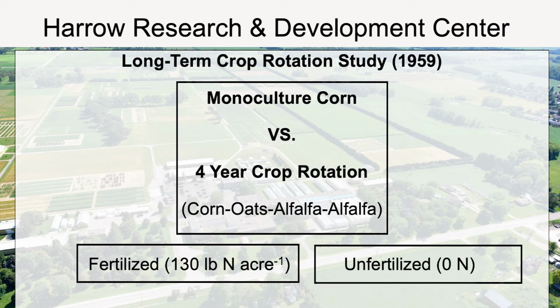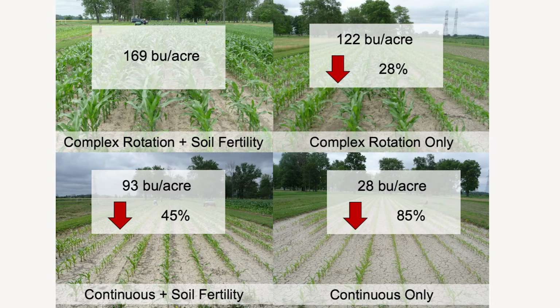And then within these rotations, we had either it's fertilized or it's unfertilized. And we've tracked yields for these last 50, 60 years. And we've also tracked the tile drainage and the surface runoff. So we're able to watch the water dynamics. And so this looks like a time lapse, but it's not. These are all taken on the same day, and this corn is all planted on the exact same day. And you can see there's fundamental differences in how this corn is doing.